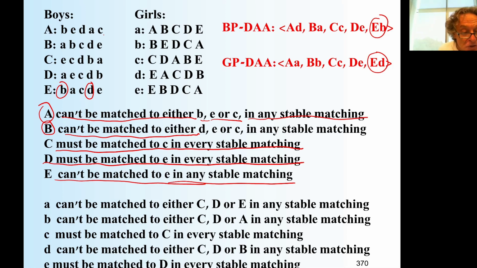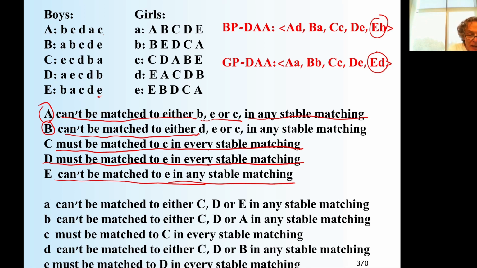Is there a stable matching where E is matched to A? Maybe. One has to find all the stable matches. By the way, you can do it using a simple algorithm with a computer to find all stable matches. If it's not too large, you can do it. In any event, then you can see if E can be matched to A or C. But he cannot be matched to girl E, because the worst for him is D.